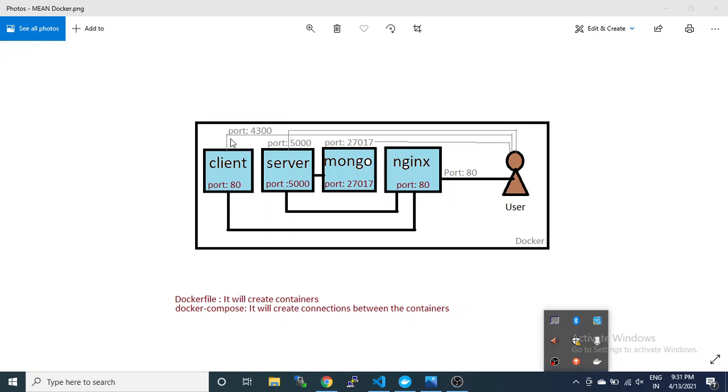In this example we know which ports we are exposing, so he can access them, but a normal user will only access the reverse proxy on port 80, and he will access both the server and the client from that port 80. Okay, so let's come to the application.